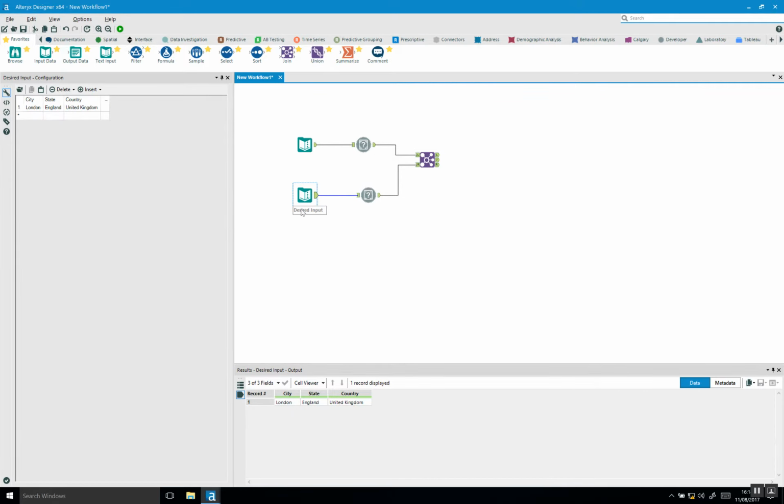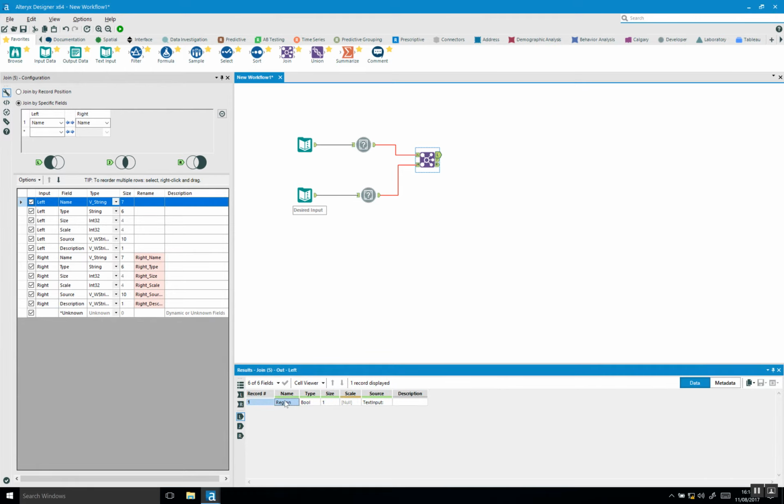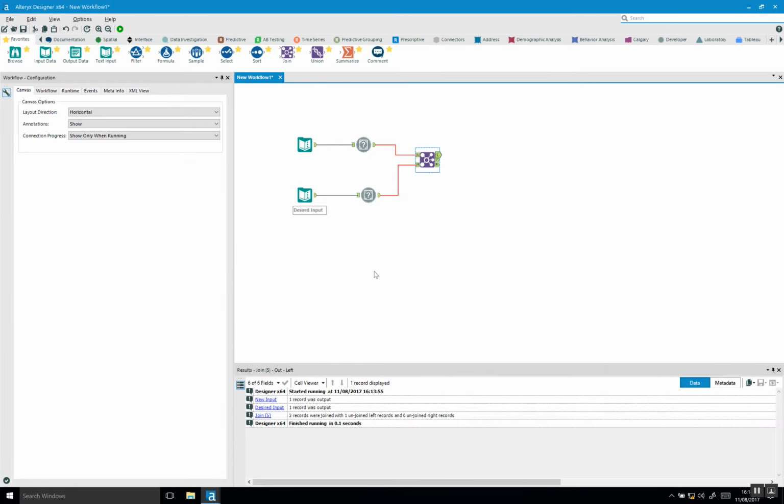And that's only because the input file is different. If you go back to the join, you can see it joins those three fields, city, country, state. But also on the left, we now have region. So region will also be processed, and you will get annoying error messages. And you can